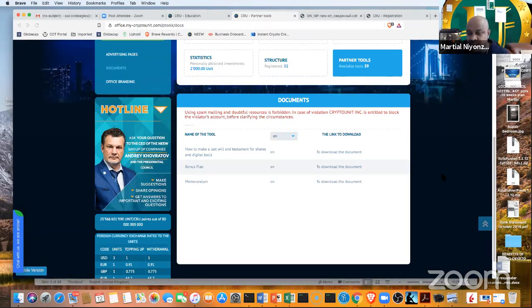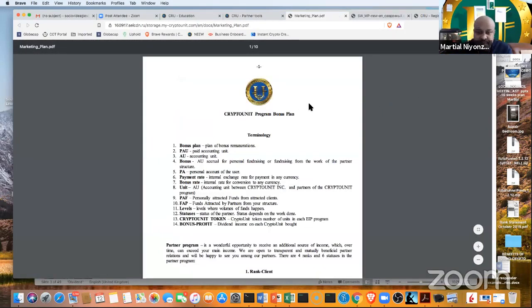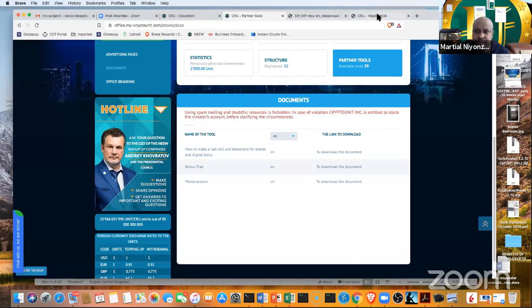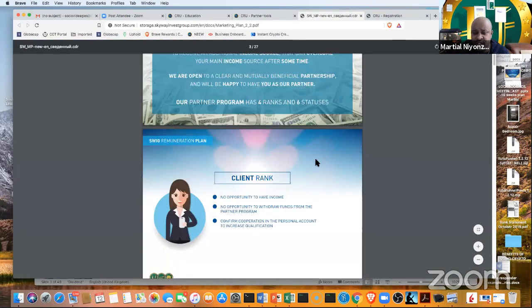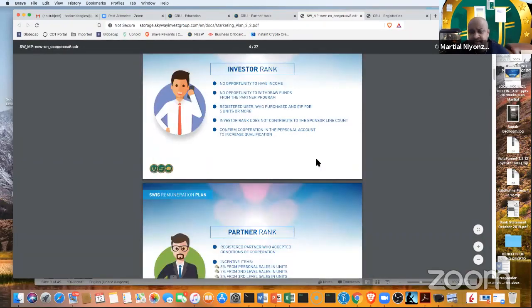All right, let me show you the remuneration plan, what it means, what you can gain if you refer people, right? This is the bonus plan. You get it there, but I think I have a better one. It still shows Swig, it's old, it's going to be updated, but it's still the same stuff. So